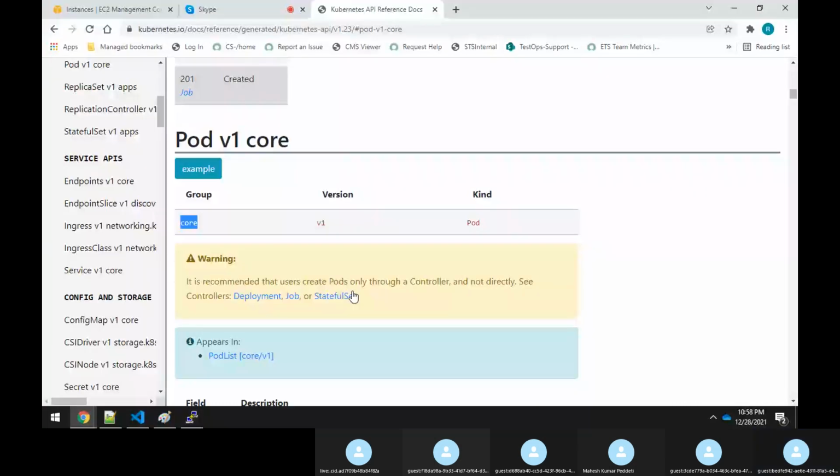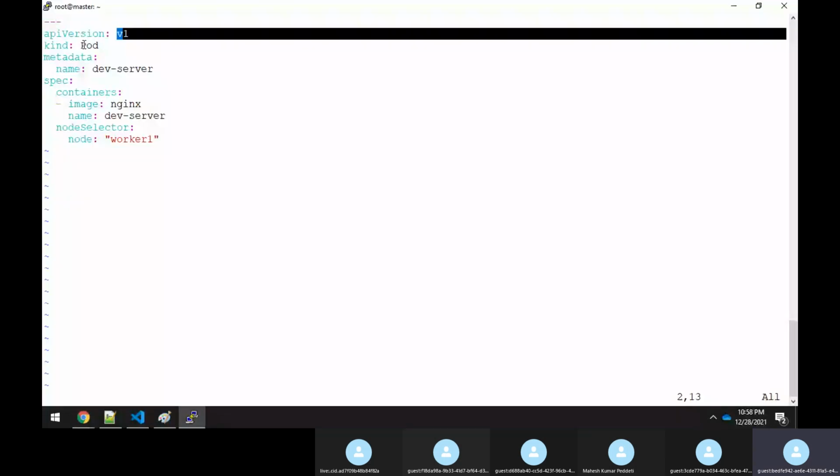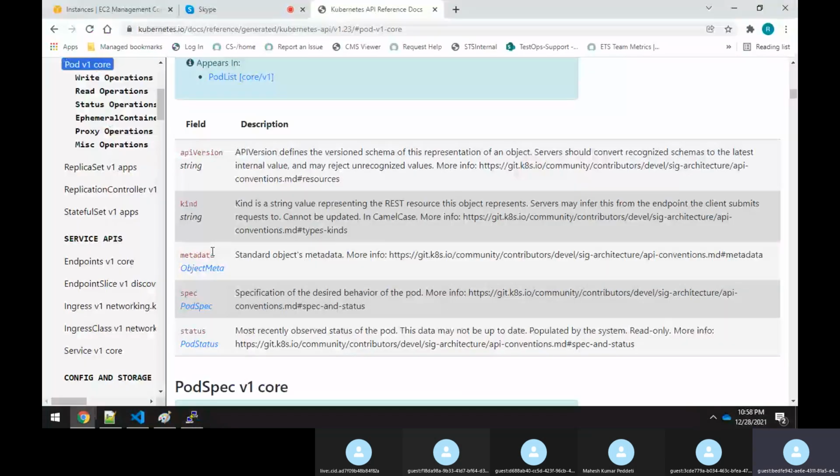Okay, pod. Metadata. Okay, fine, metadata. So in the metadata, I'll go to the object meta, and it will take some time to load. Don't worry, wait patiently. Open this object meta. See, you have to say object meta. Okay, come down. What are the fields you have? You have many important fields, sir. For me, I see a very important one is name.